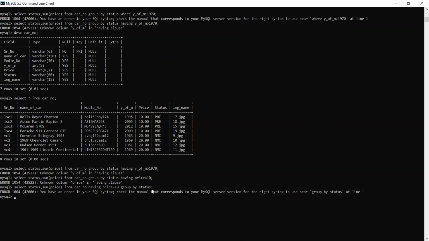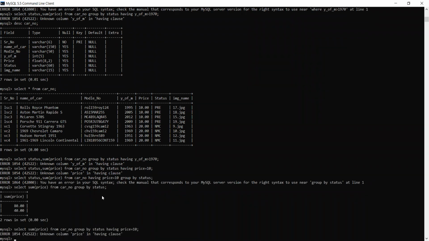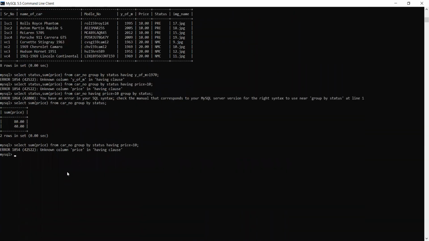Okay, fine. Then I'll check why the problem is coming. I'll check this later on, because otherwise you will not be able to understand. Let me check one last time, because having actually comes afterwards only. Up to here it is working. Then when we write having, it gives an error. Having price equal to 10. Last time I'm checking, otherwise we will do this later on. Okay, I will check why we are getting an error in this.